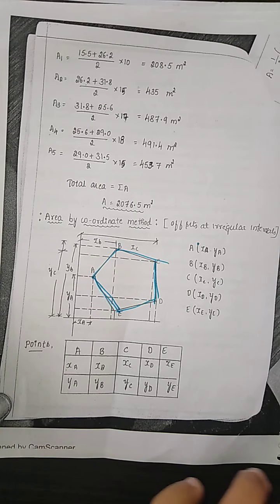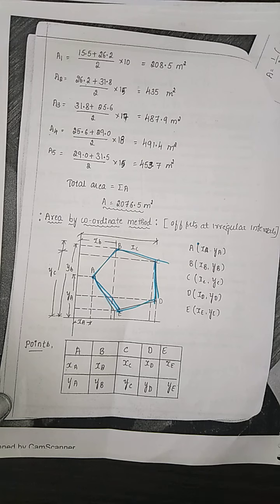In the previous classes, we have discussed how to solve the problem based on the four methods, that is by mid-ordinate, average ordinate, then the Simpson's one-third rule and the trapezoidal rule. This is how we have solved the problems based on the area by using the different formulas. Now in today's class, we are going to solve the problem based on the area